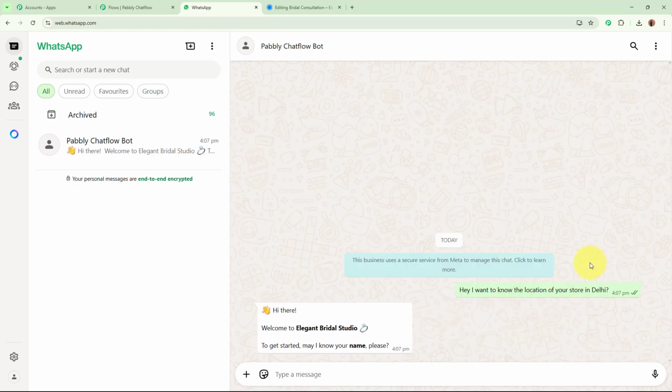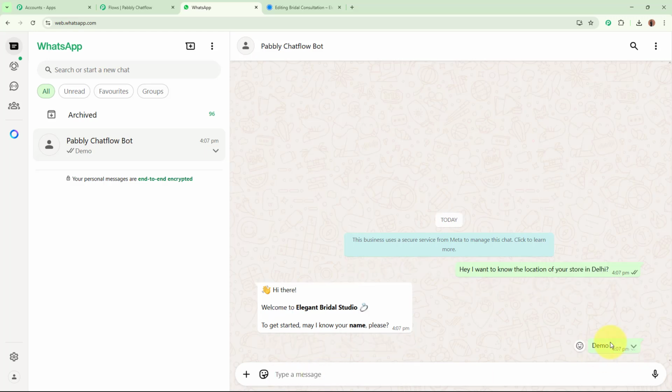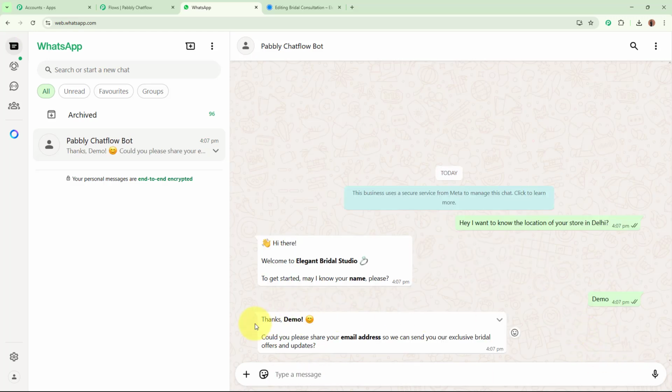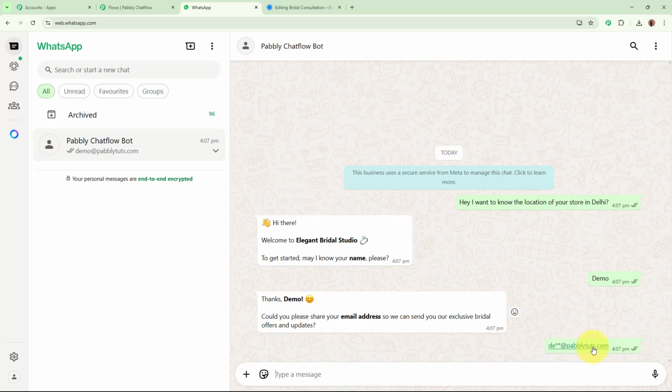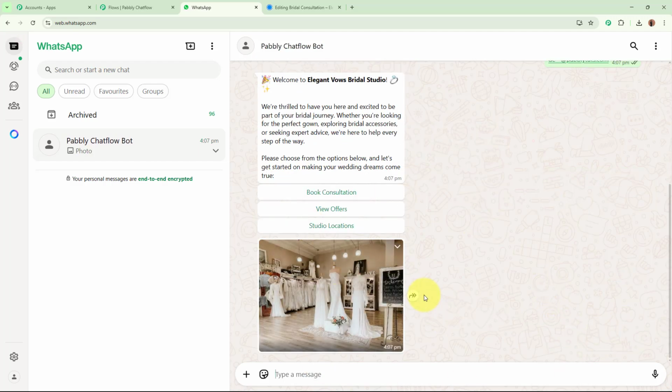And automatically this bot has replied to me, hi there, welcome to Elegant Bridal Studio. It is asking for the name. For the name over here, I'm going to send it as demo right here. So I'm going to send the name to this bot as demo. It says thanks demo. It is asking for the email address. So I'm going to send the email address to this bot right over here, demo@pabblytudes.com,